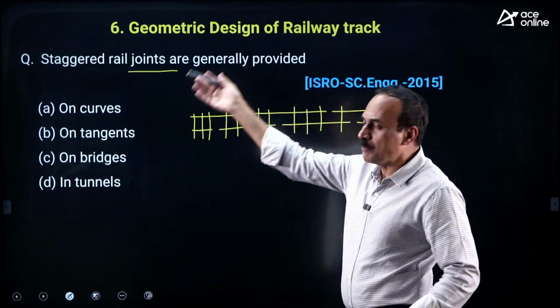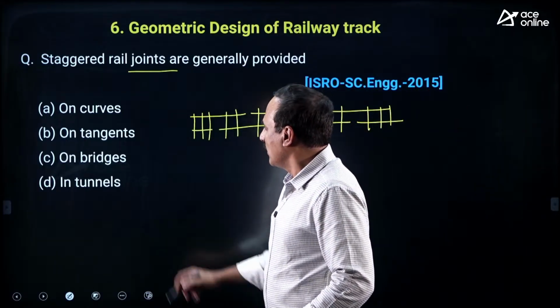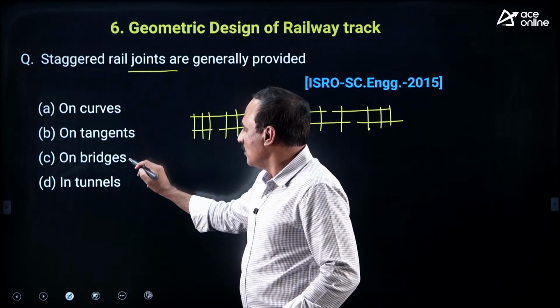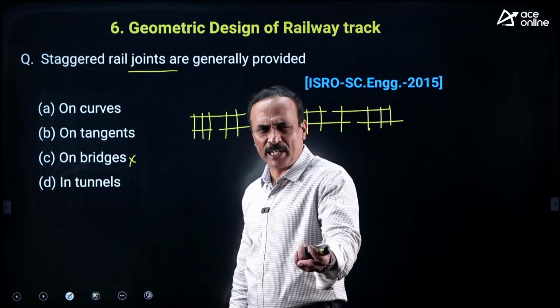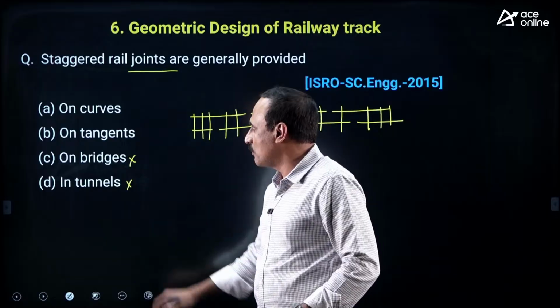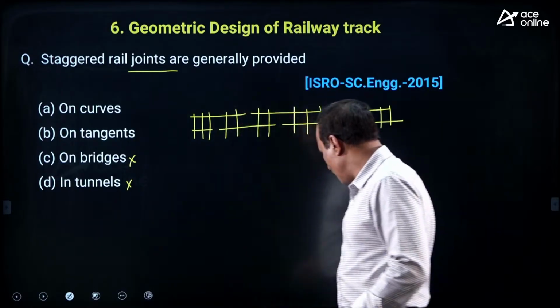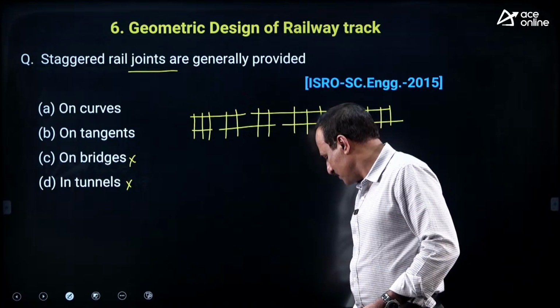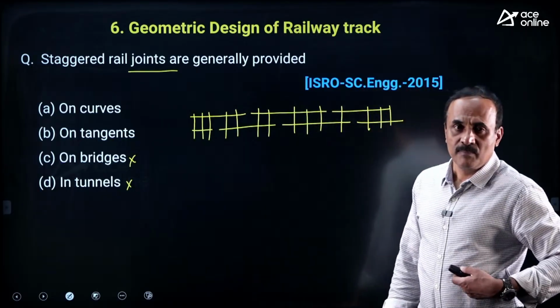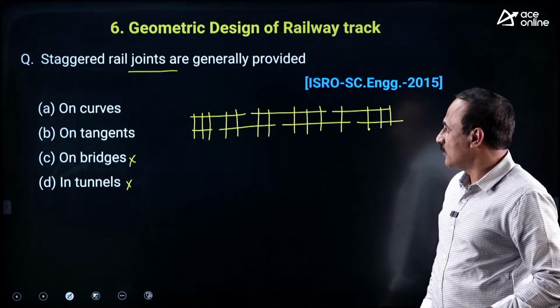But where can you provide it? On bridges, bridge may be a straight road. On a straight road we never provide it. On tunnels also we never provide it. On what may be the answer? Bridges will never have staggered joints. If you want, you can see, on bridges we provide the